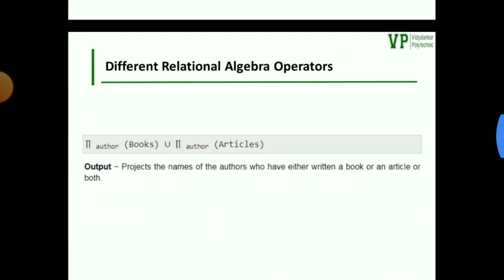See the example: project operation author books, union, project operation author articles. We have two tables named article and book. From article there is a column called author, and from book also there is a column called author.